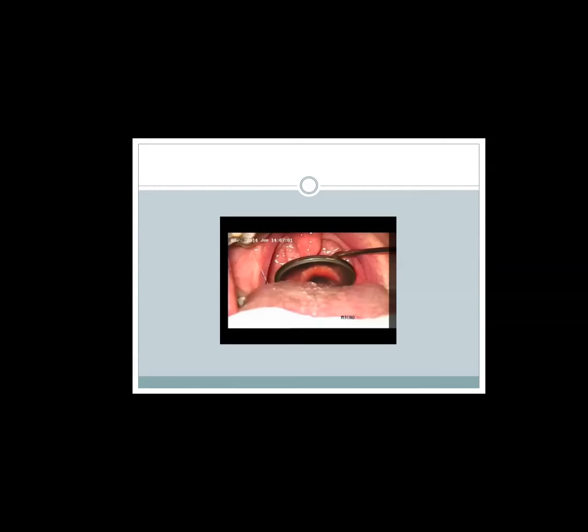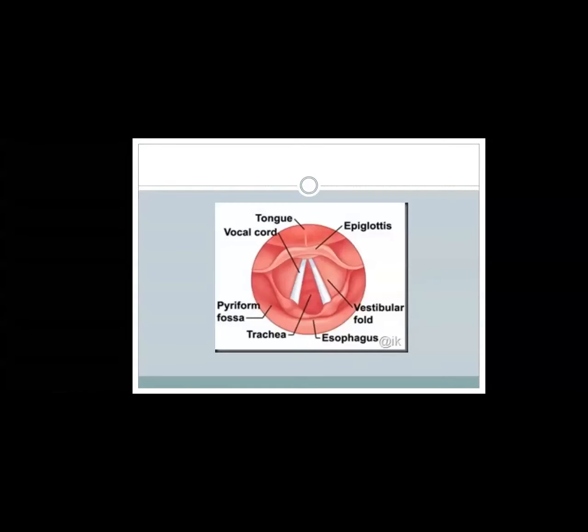Before examining the oral cavity, you have to keep the back side of the mirror on your hand and check whether it is at body temperature, because it might cause burn injury. Once you have checked that, you can examine and you'll have a very clear image of the larynx